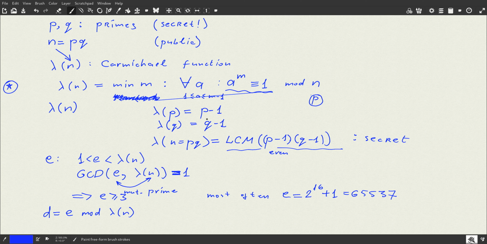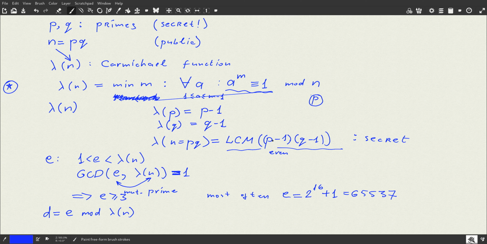So basically just increase and increase and increase m. So take different values of a, different values of m, and then try to find a value of m such that for all a, the whole property would hold. And you know what? You will do it for a very long while, because in general,